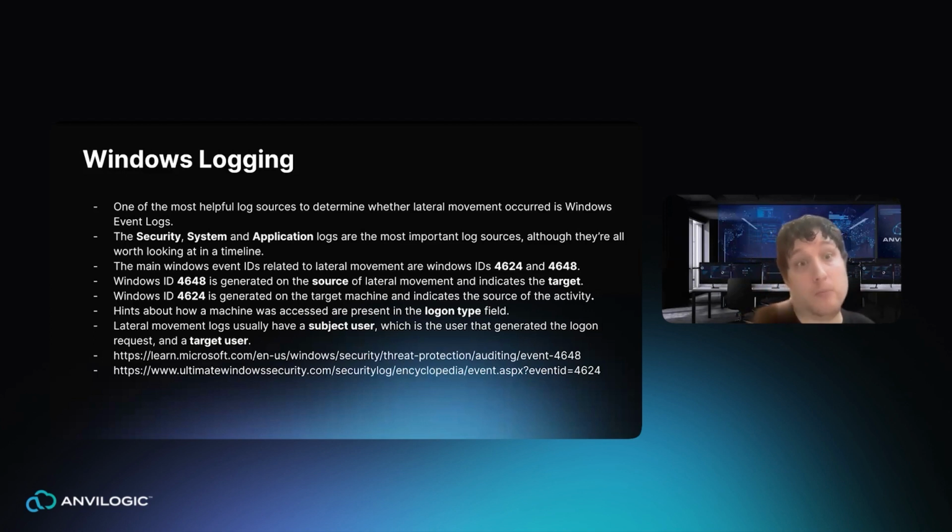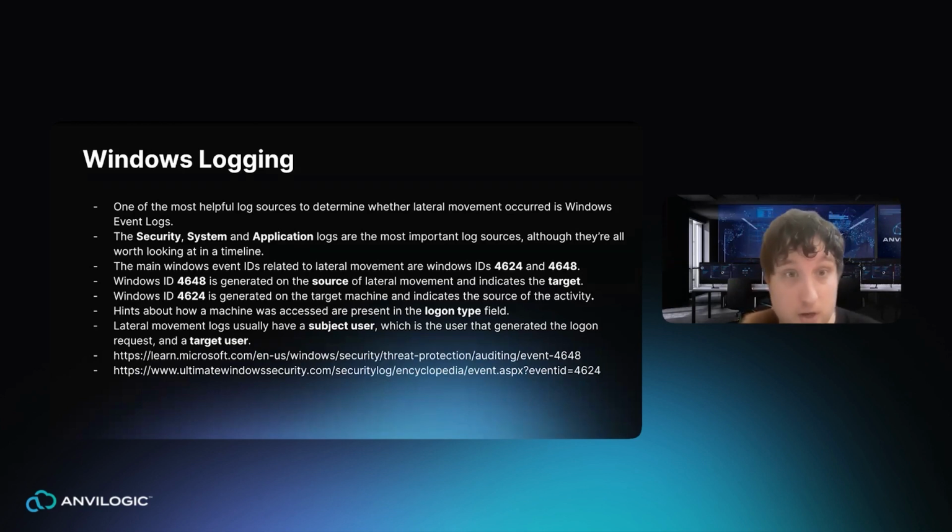The most important lateral movement Windows event IDs are 4624 and 4648, and I'll get into what those are. 4648 is generated on the source, and it basically says, I went to another host on the network, it was this host, and I tried to move laterally to it. It doesn't say whether it was successful or not, it just says that it was attempted. To learn whether it was successful or not, you would need to look for a Windows event ID 4624 on the target machine, which shows a successful login, and it shows some details about the lateral movement that'll give you